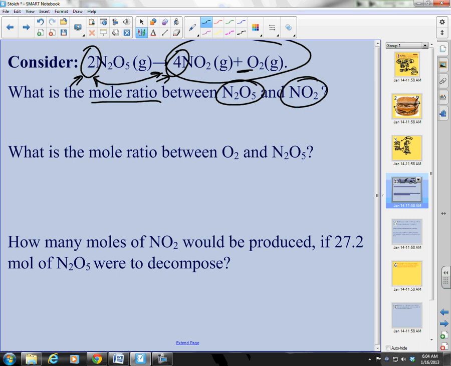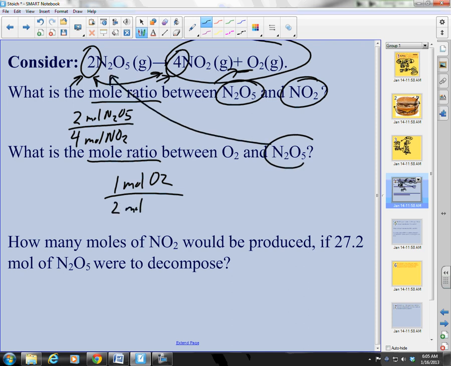Okay, so then what's my mole ratio? My mole ratio for dinitrogen pentoxide is 2 moles of dinitrogen pentoxide for every 4 moles of nitrogen dioxide. What's the mole ratio between O2, oxygen, and dinitrogen pentoxide? Well, that's a piece of cake. What's the coefficient here? 1 mole of O2 for every